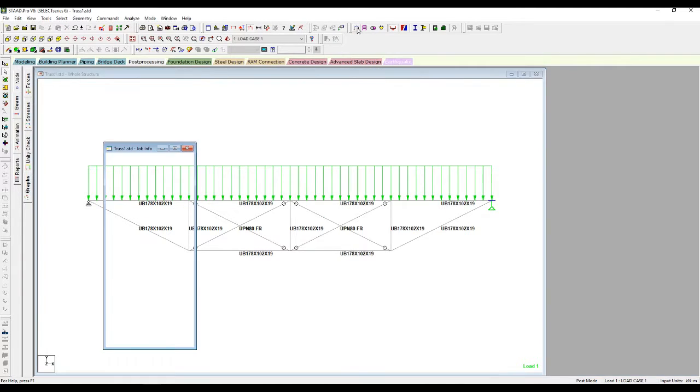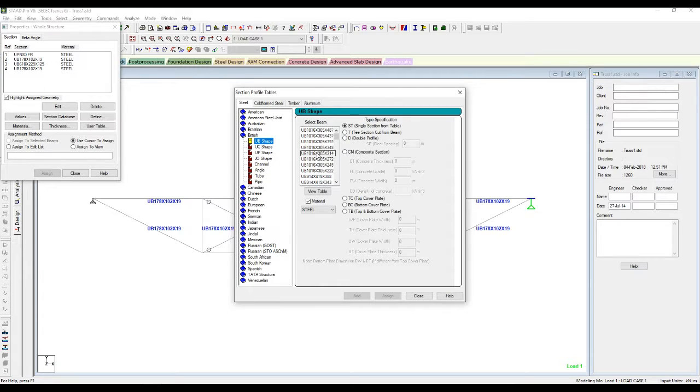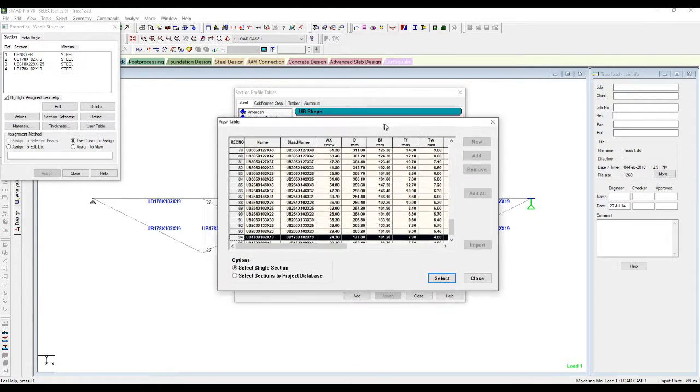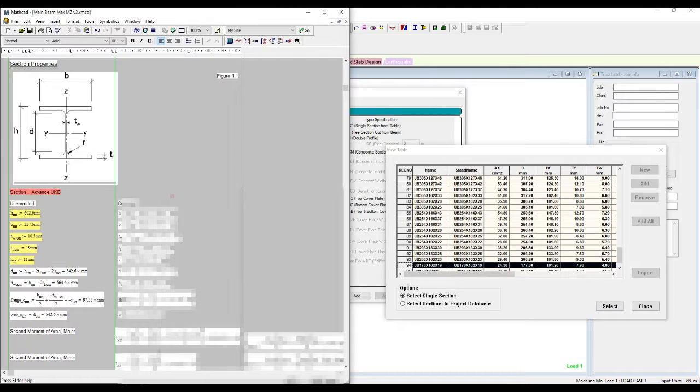How you do that in STAAD. So you go to here, section database, and I'm gonna check the UB, then the 178, 102.19. I'm doing this a lot quicker than in the previous video because I assume that you have already watched the other video and you know what I'm doing. So